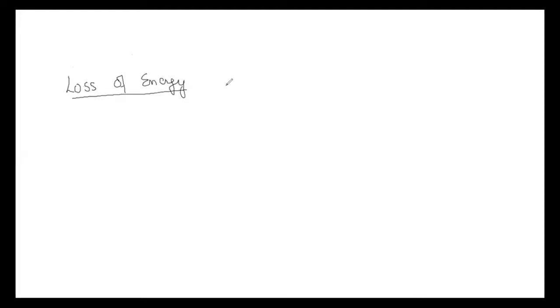So we'll find out the total energy before they are connected by a conducting wire, and then the total energy after connecting by a conducting wire. Then we'll find the difference, which will be the loss of energy. We know that whenever two capacitors are connected by a conducting wire, they reach the same potential, called the common potential, given by (C1V1 + C2V2) upon (C1 + C2). This is the common potential.